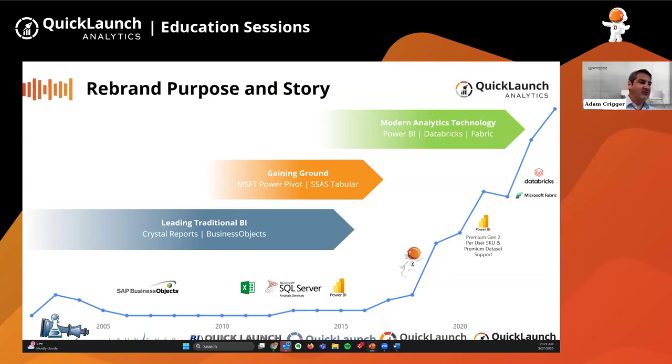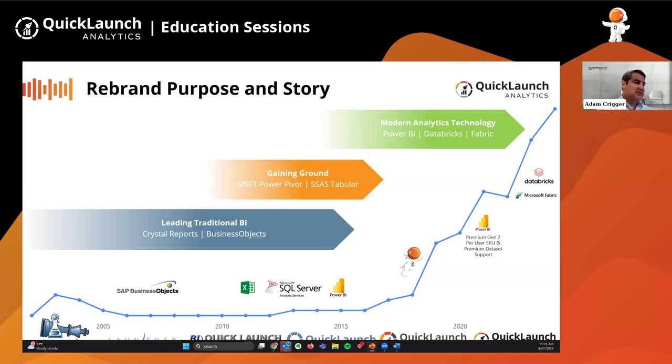How do you get that centralized governance? How do you get that enterprise level type model where you can maintain and manage everything in one place? And that's where it kind of leads you to that next little icon, SQL Server Analysis Services. So we started taking that model of a Power Pivot. Those actually could be loaded into an Analysis Services model. That also became the engine and back end of Power BI.